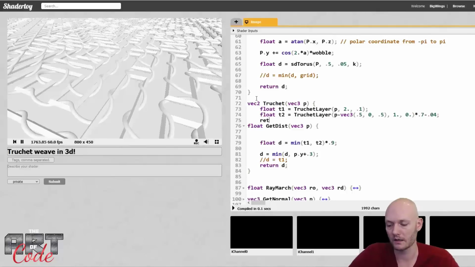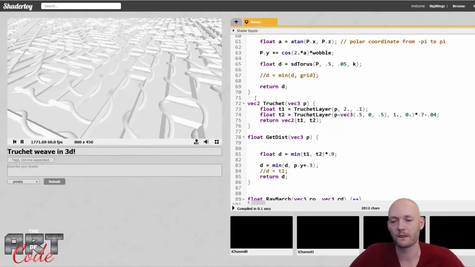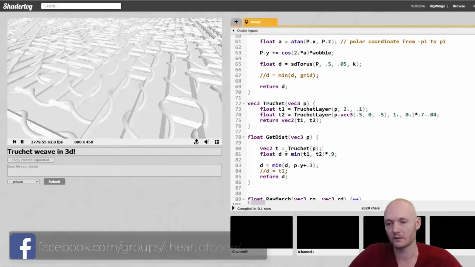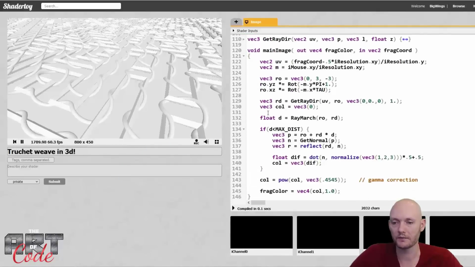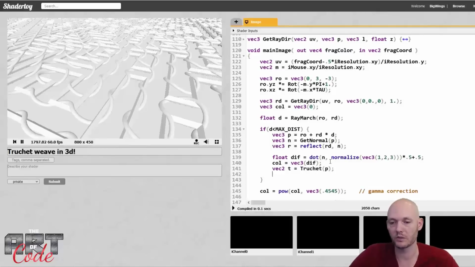So now I can just return a vec2 with T1 and T2. Right, so now I have it only in one position. Vec2 T equals Truchet of P, and then over here instead of 1 and 2 I have to do dot x and dot y. That shouldn't change anything, and it doesn't, because now I can just call that same Truchet function over here, and I can say vec2 t equals Truchet, and that just gives me the distance to both of the Truchet